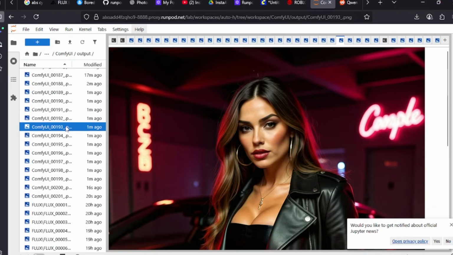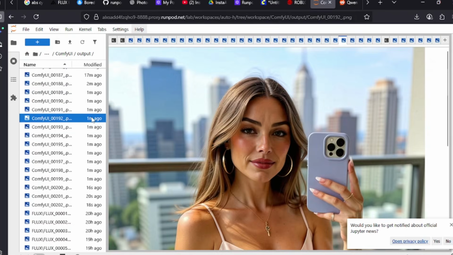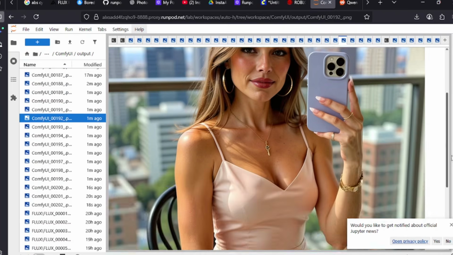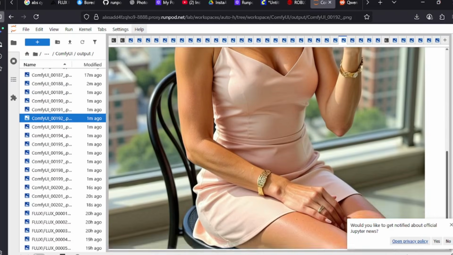So, yeah, could definitely make more realistic things. Now, I'm sure if you want to put text in the background, you could probably. I know this is really good with text, so I know you can make things say a different club name or something, anything you may want to do, whatever it may be. Oh, I love how it does cell phones much better than some other models. And the skin detail is so great.